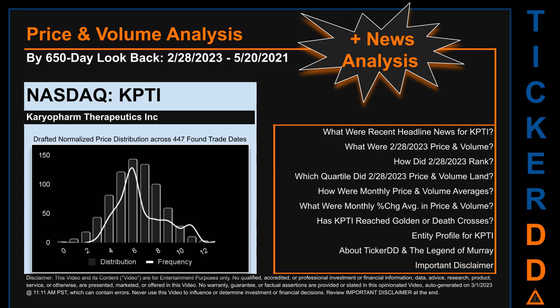The chart shown on this page is our initial attempt at studying the price for KPTI after dynamically normalizing price distribution across those discovered trade dates. The bar chart is the generated distribution and the overlaid line graph, if it is generated, is the frequency of the prices on the x-axis. We will enhance this look through as our AI model progresses in the next iteration. Remember that this is just a drafted, in progress, observational model to best fit abstracted third-party data into various opinionated views. Before we jump into price and volume analysis, let's look at recent headlines for KPTI.